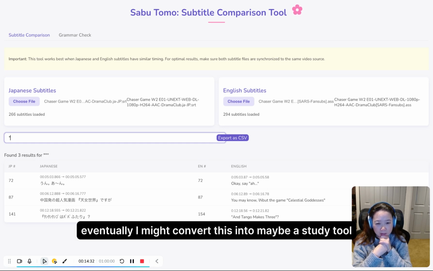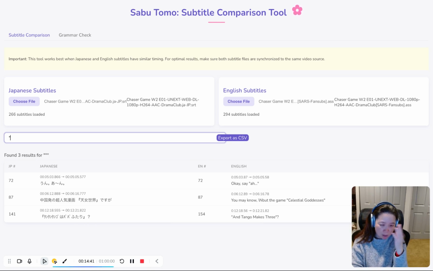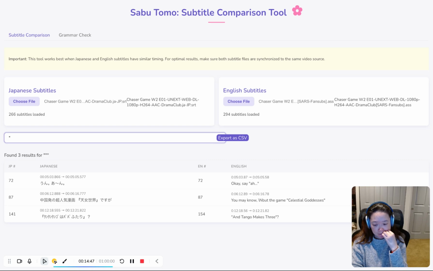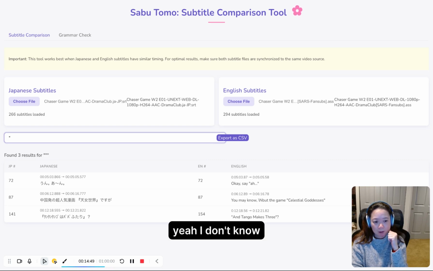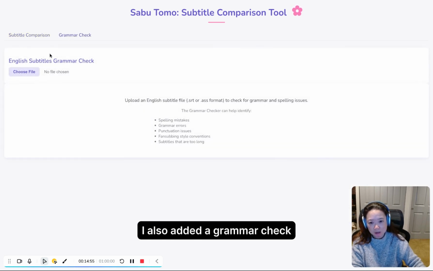Eventually, I might convert this into a study tool, so you can use it as a learning tool based off of fansubs. Yeah, I don't know. The possibilities are endless. But yeah, it's my simple tool. I also added a grammar check. This is not